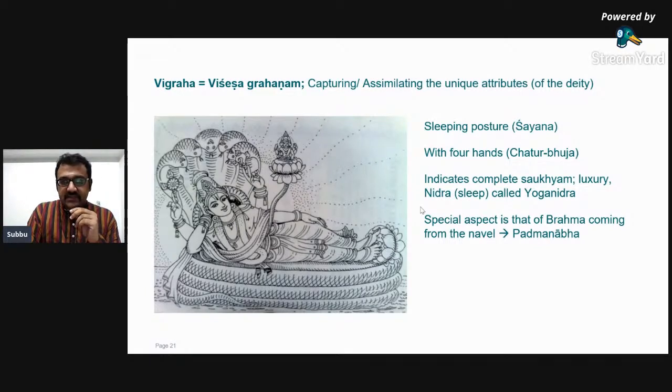And in most cases, he is lying on the Ananta, the Adishesha, and from his navel, a Padma, a lotus, is sprouting up, and on that lotus sits Brahma. So this form of the Lord, though he doesn't hold the Padma like in the Sthanaka Moorthi, is still a master of creation, because he is indicating that the very basis of Brahma has come from him, from his navel, and there Brahma sits as the creator of the universe. So the creative aspect is also included in this Vigraham. And this is generally the Vigraham that is perceived in